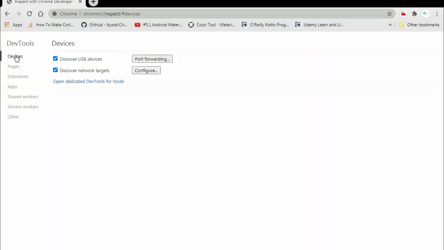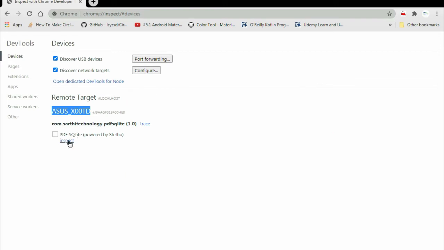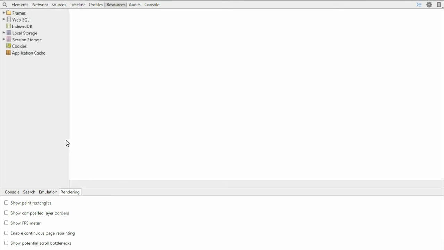Here under devices you can see the device, the Asus X00TD. This is my connected device, and here you can see PDF SQLite. Just click on this inspect, and here we have our database.